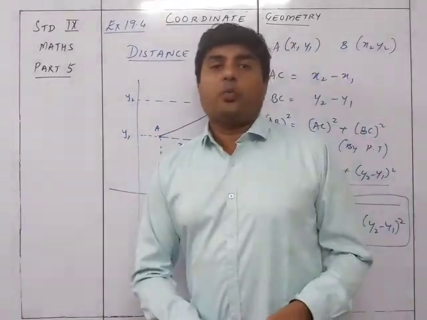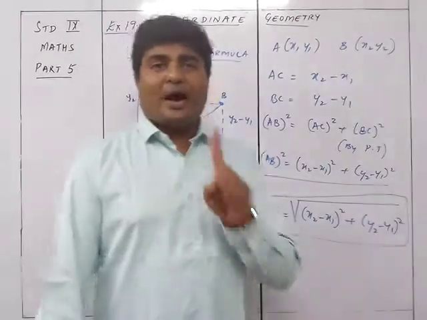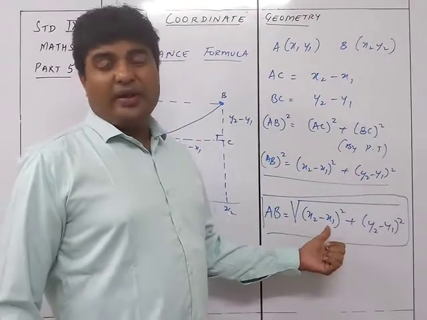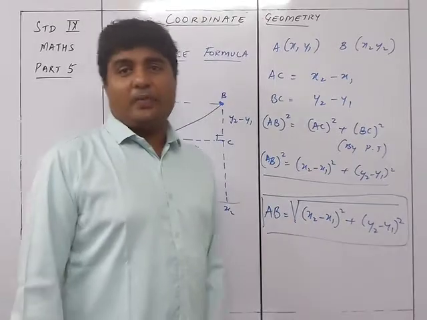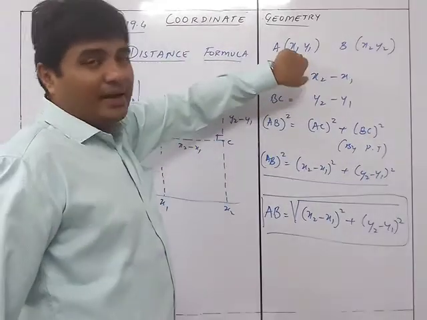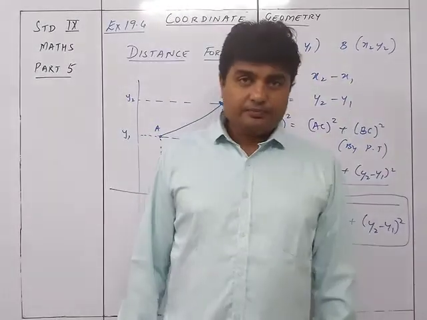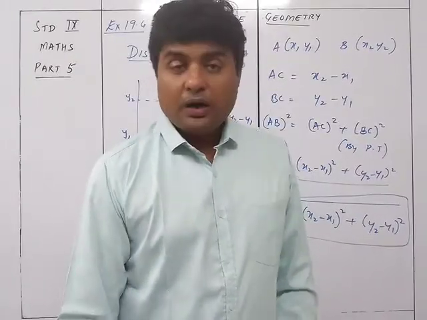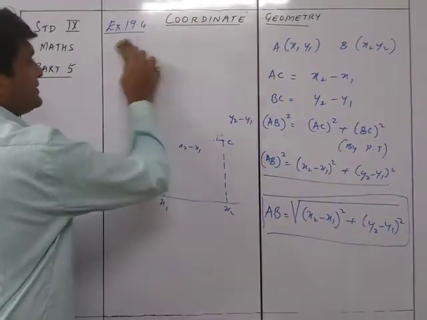If two opposite sides are equal, then it is a rectangle or parallelogram. So depending upon what exactly is asked, we are going to use only one single formula, that is AB equals root of x2 minus x1 the whole square plus y2 minus y1 the whole square, where x1, y1 are the coordinates of A and x2, y2 are the coordinates of B. Very easy thing. Let's see the exercise directly. So let's start with exercise